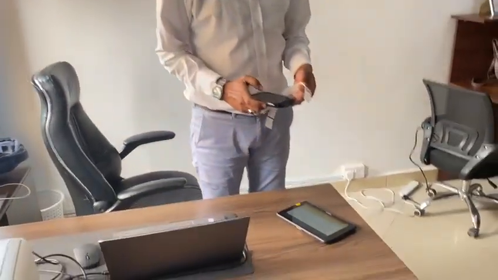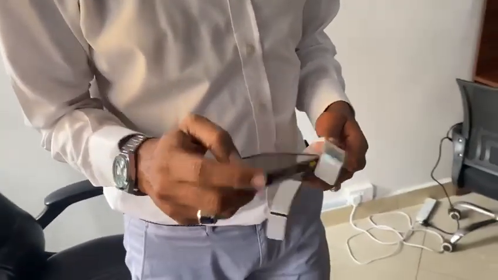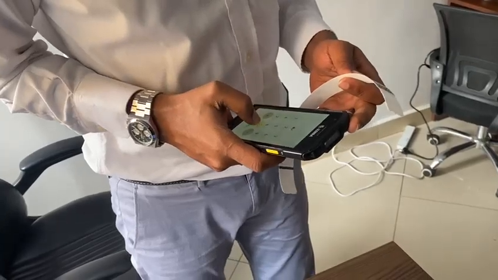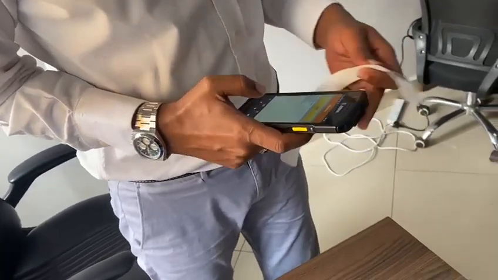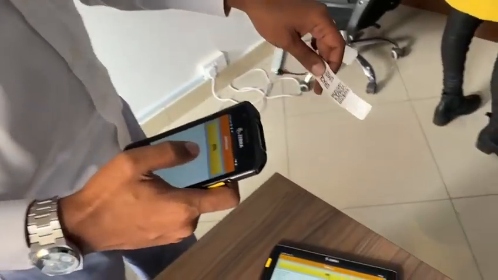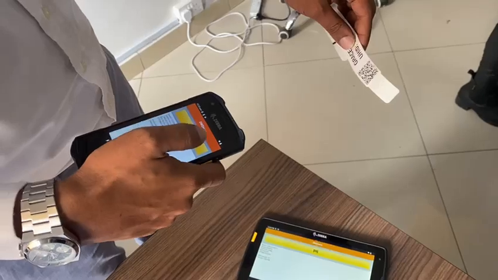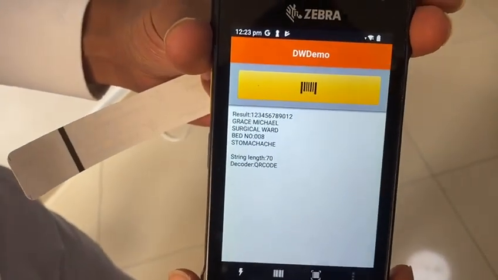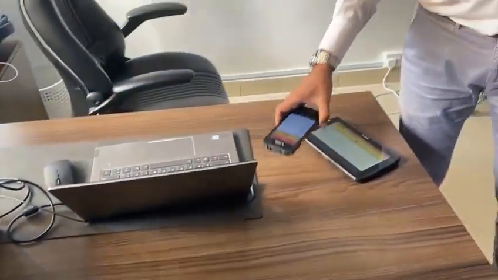The same thing can happen with the tablet or even with a normal handheld, where we can say, let us scan this information, and the same thing we are getting about the patient information. And now the process is, we are going to leave it. We are going to now